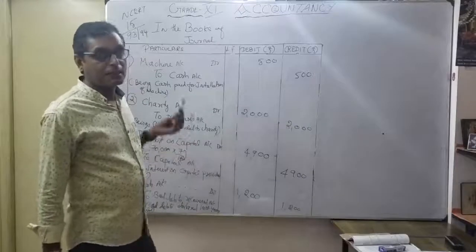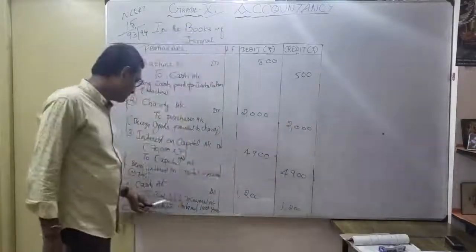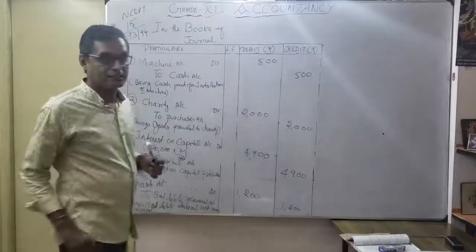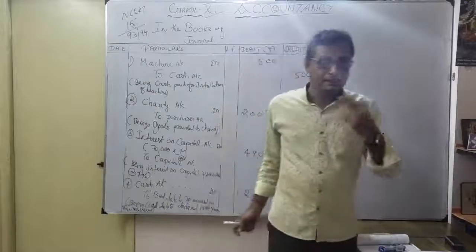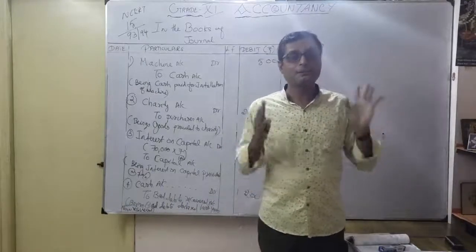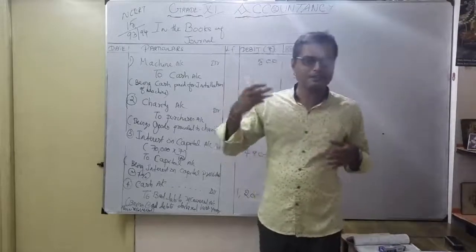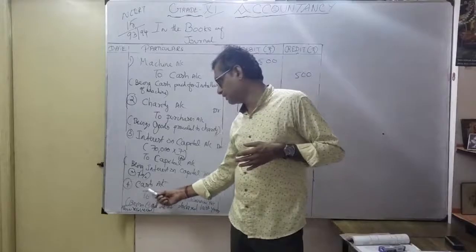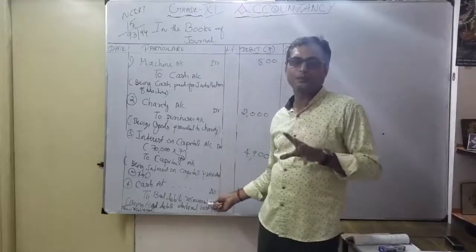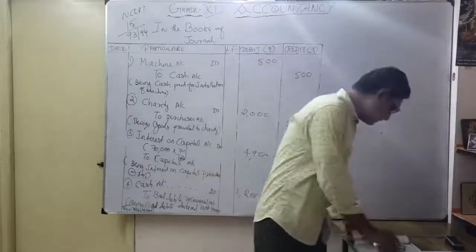Correct. So debit all expenses and losses. Credit all income and gains. So here I consider bad debts recovered as an income. Now understood the fourth entry. That's a very important entry. In the previous journal entry, that entry was considered as a bad debt, simple. So bad debts accounted to Rohit. Here, whatever bad debts you recover, how to pass the entry? Now you got money, that's why I debited. I show bad debts recovered as an income now, not current year, since I declared it in the previous year. Okay. Now move to the next entry.